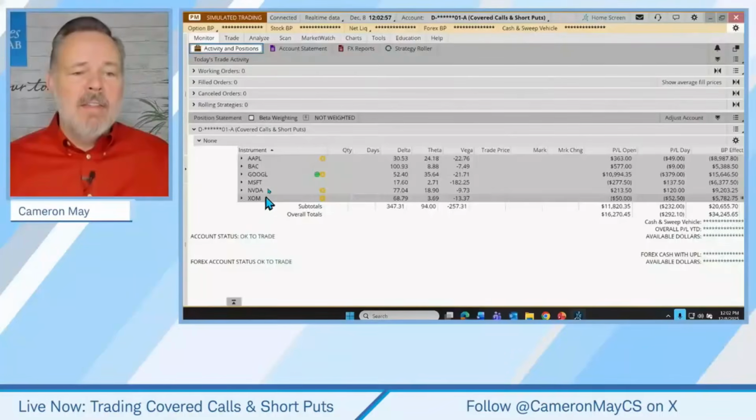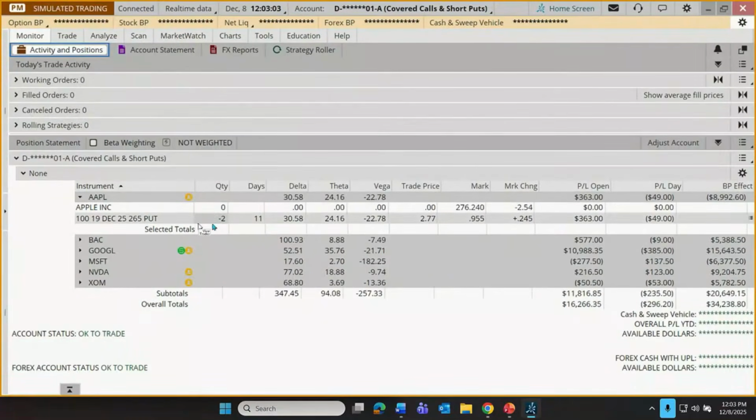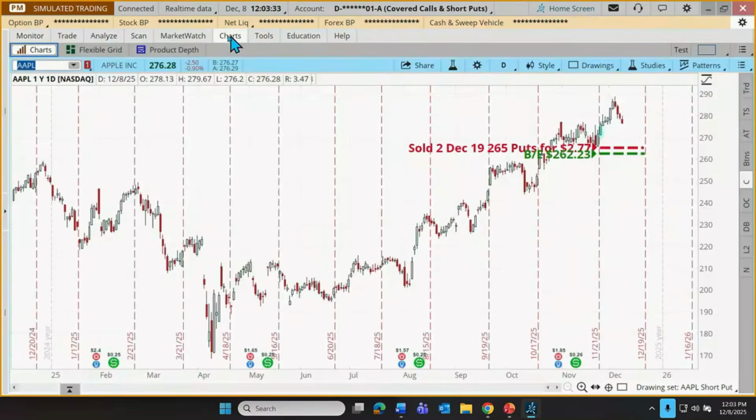So let's go right to the Thinkorswim desktop. Here are our 6 current positions. We have on Apple a short put, sold 2 contracts of the 19th of December, 265 puts. The preference for the trader here, unless maybe they're initiating a wheel strategy or seeking ownership of shares, is most likely just looking for these contracts hopefully to expire worthless. And that would be if the contracts are above 265 at that 19th of December expiration. Now, even then, somebody might get a wild hair and assign, but right now shares are at 276. Seems to be cooperating nicely.